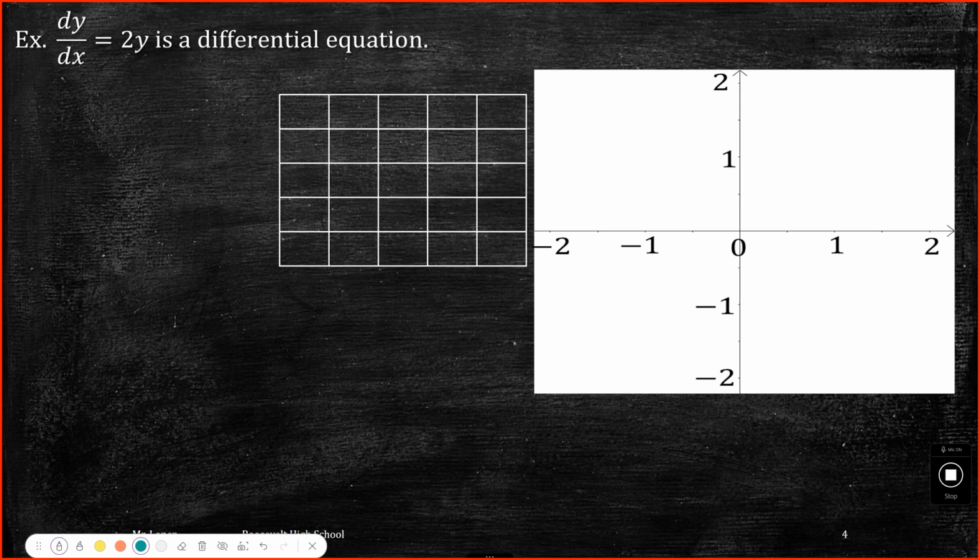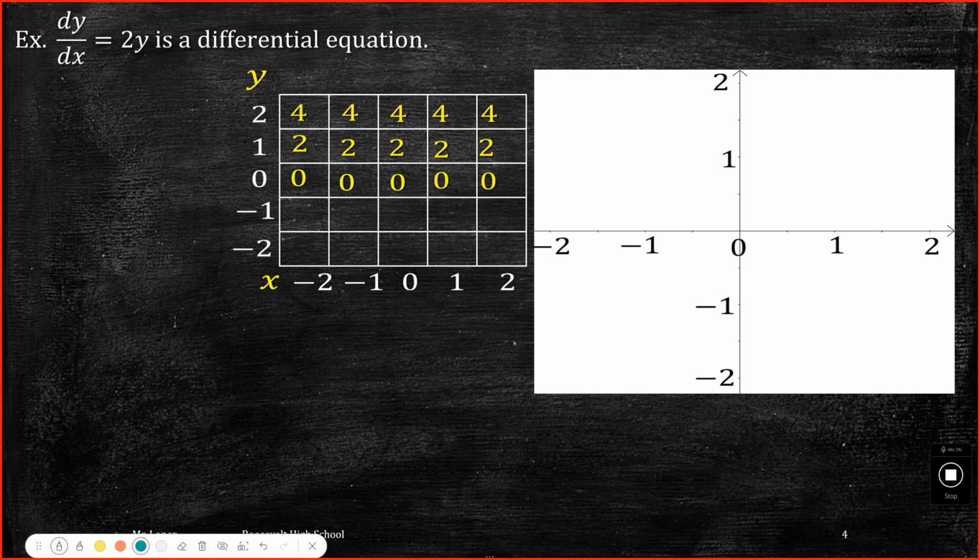How can we remember what it's going to be? Look, we're going to do this table, and we're just looking at this picture, no? So what's the slope at negative 2, negative 2? Oh, I did the top one. So if I do the top one, 2 times 2 is 4. Across is going to be the same, no? Because it's not dependent on x, it's just dependent on the y. So going across is going to be the same. So at 1 is going to be what? 2, then 0. So it's going to be 2 across, 0 across, negative 2 across,